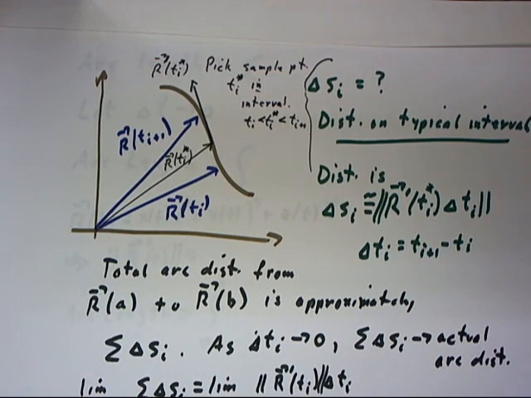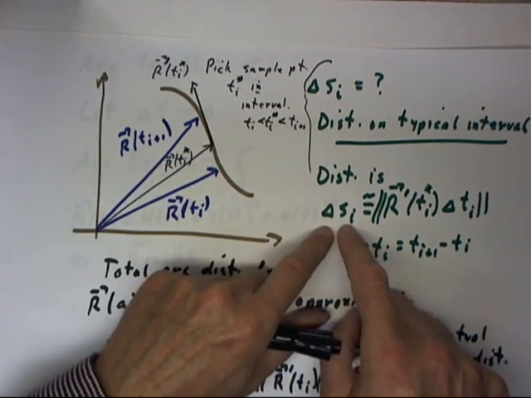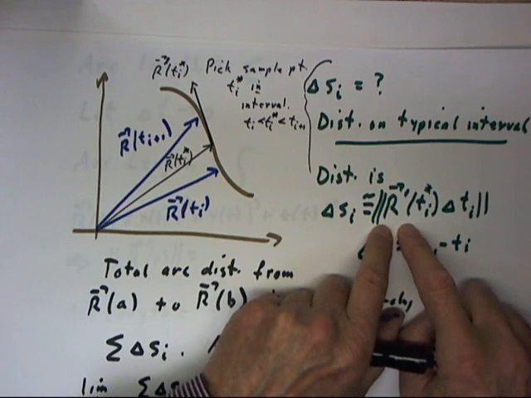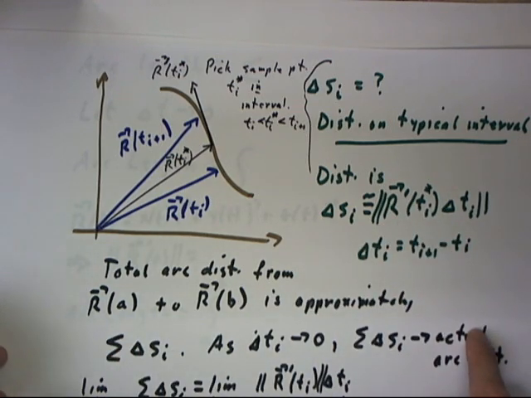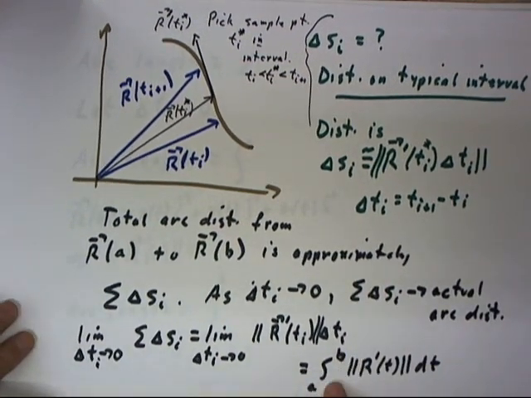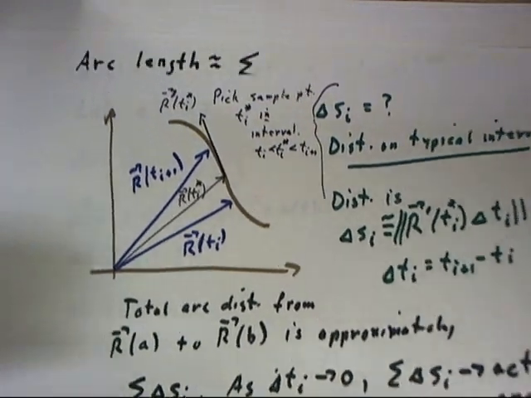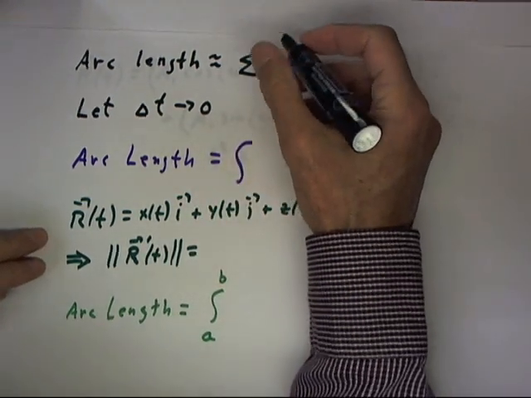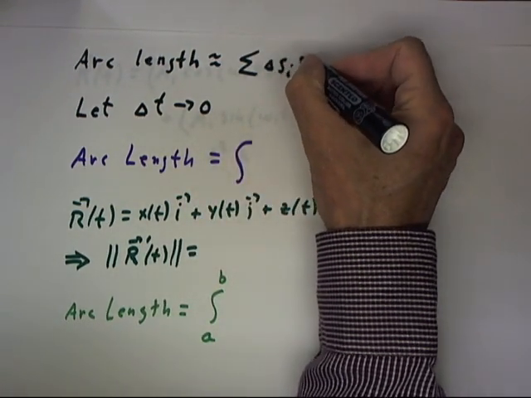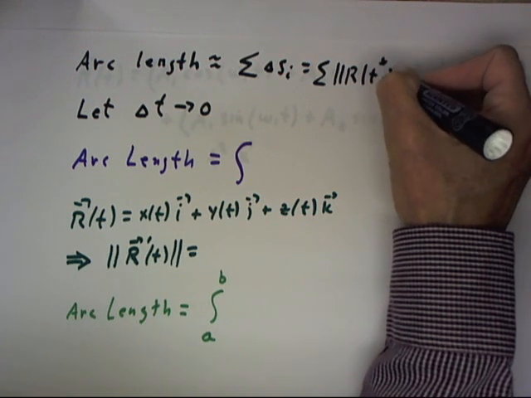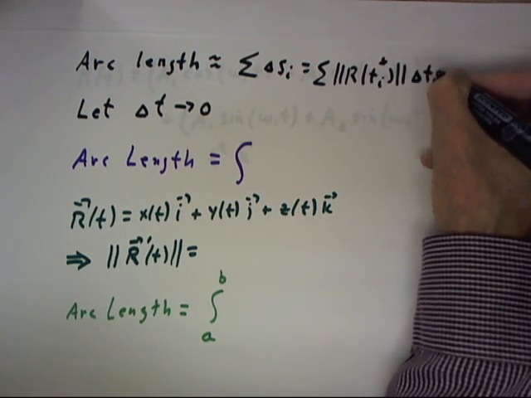sample point, r(t sub i), represent the distance traveled in that interval by an approximate expression in terms of r'(t sub i), add those distances up, let the widths of the intervals approach 0, and we obtain finally the integral of the magnitude of r'(t) dt, so that our arc length is, again, the sum of our delta s sub i's, which is the sum of the magnitude of r'(t sub i star) times the delta t sub i,